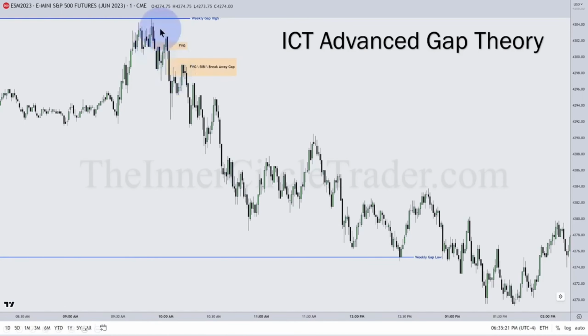What is it doing? It's breaking away from this important higher time frame high inside the model of the 2022 ICT mentorship model that I taught you. And it's moving aggressively. So we have 1, 2 times there's a shift in market structure that's bearish. This is a breakaway gap. Breakaway gaps must have some context as to why price should see.